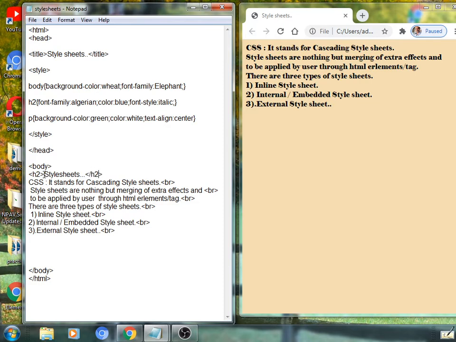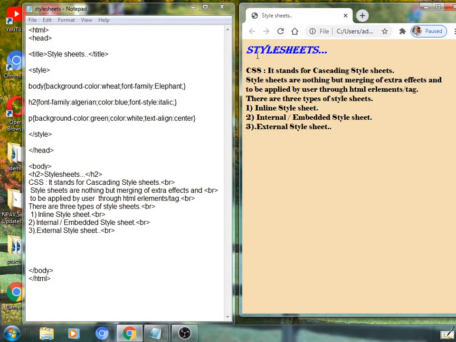So this word, style sheets, will be displayed with such an effect. This effect is nothing but what? The font is Algerian, the text color is blue, and its font style is italic. See here, save this and you will get it displayed here, style sheets.